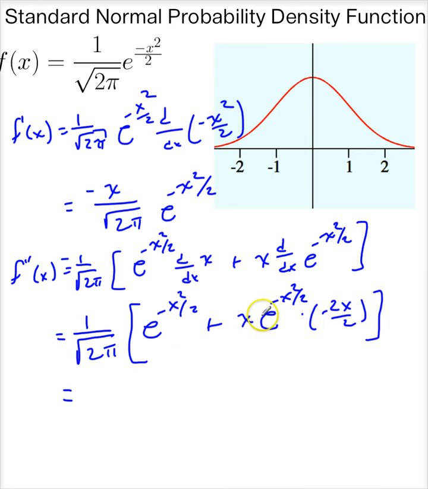So each term has this e^(-x^2/2) term, so I'm going to factor that out. So it's e^(-x^2/2) divided by the square root of 2 pi times